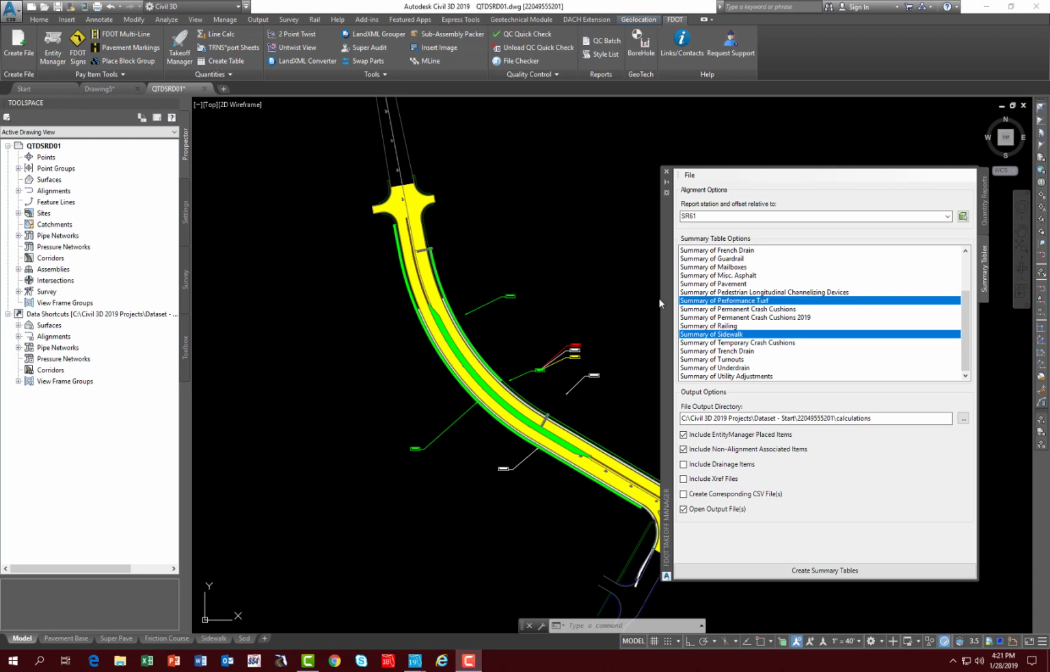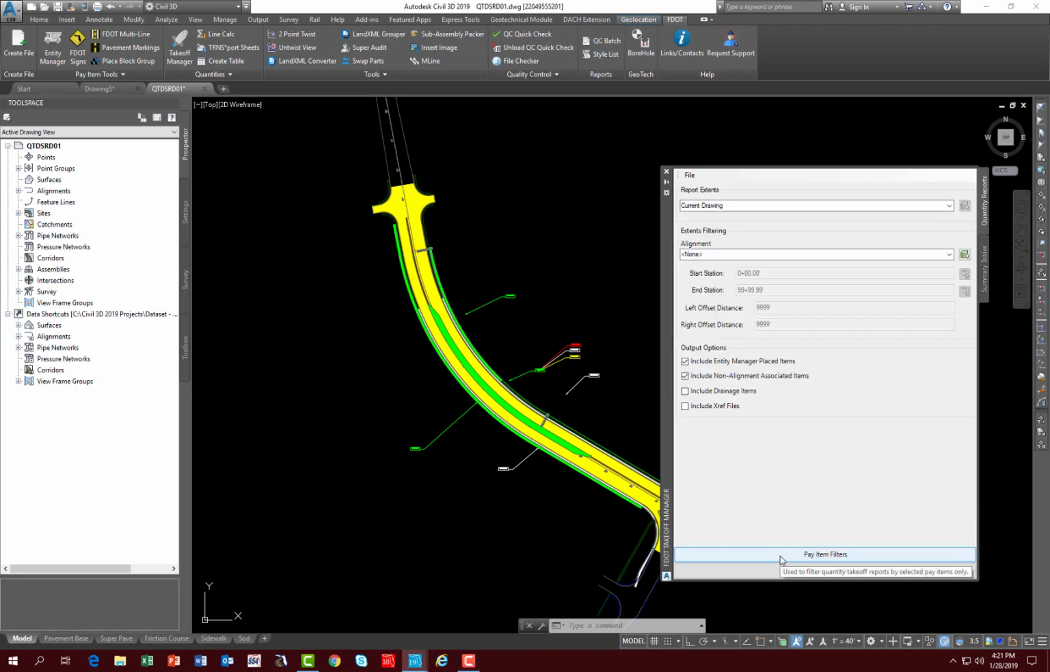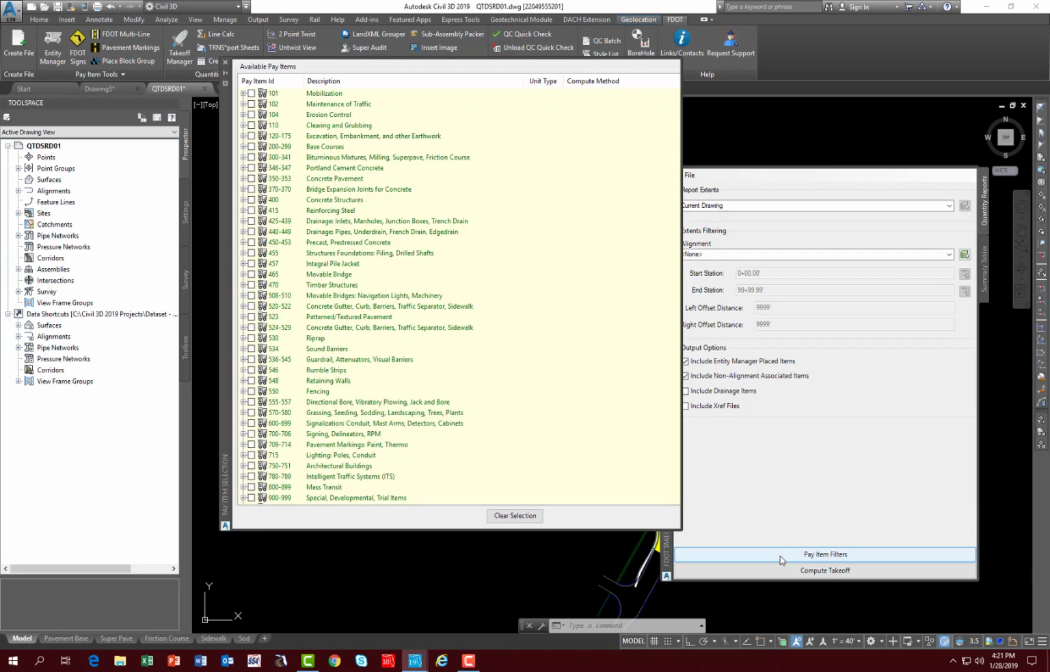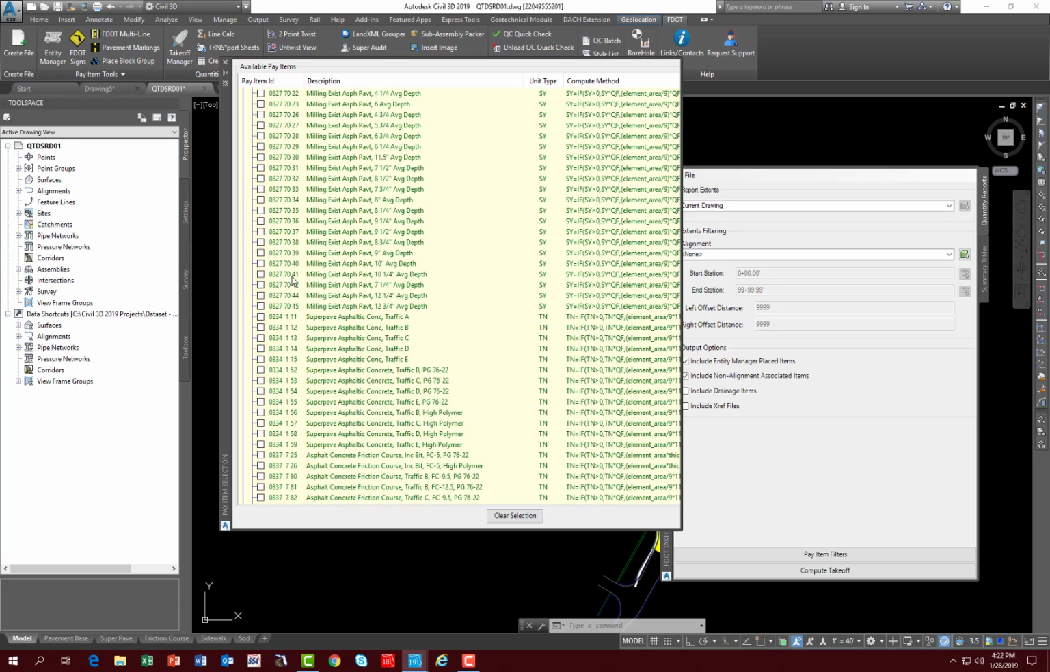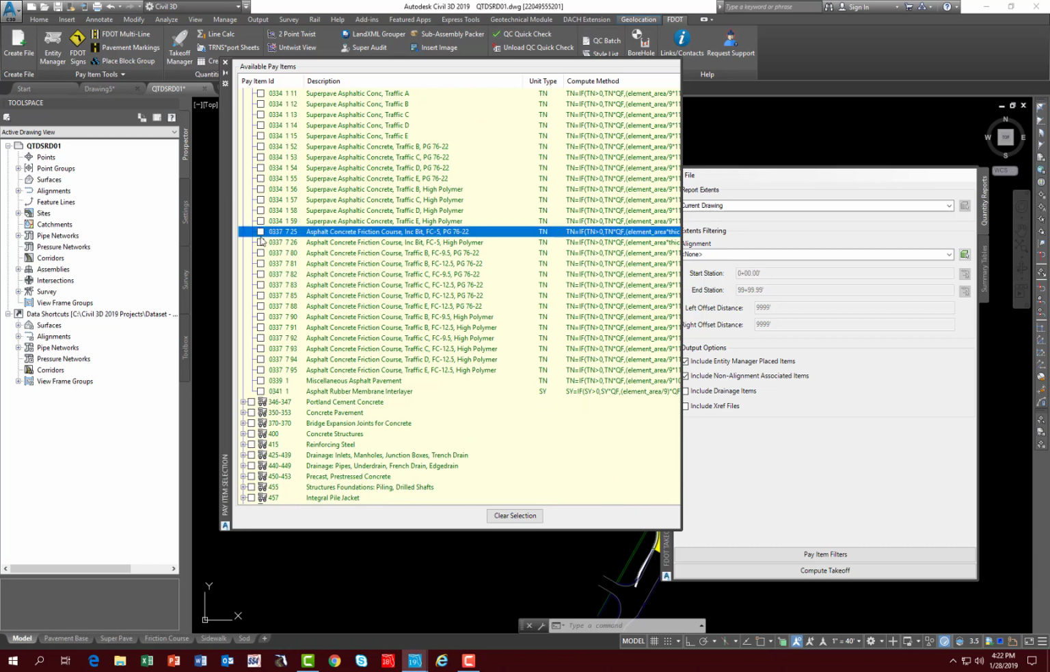So continuing in the QTD file, switch to the Model tab. On FTM, switch to Quantity Reports tab. Click on the pay item filters, and since the pay item number we want to report on is 0337725, we want to expand the 300 to 341 category, and we want to find the exact number, which is right here, friction course